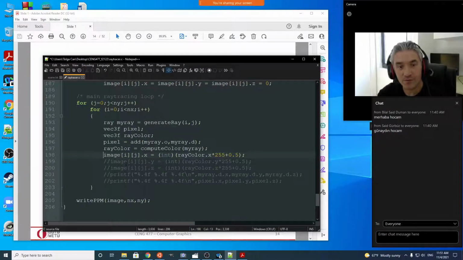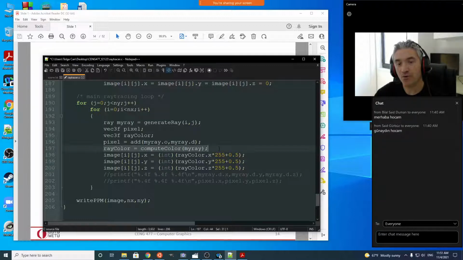So after I compute the ray color, which comes to me as a value between 0 and 1, I arrange my compute color function in such a way that the colors are like reflectance coefficients, ranging between 0 and 1. So the RGB colors that I compute are floating point values between 0 and 1. And since my PPM image has RGB values between 0 and 255 in the PPM file,